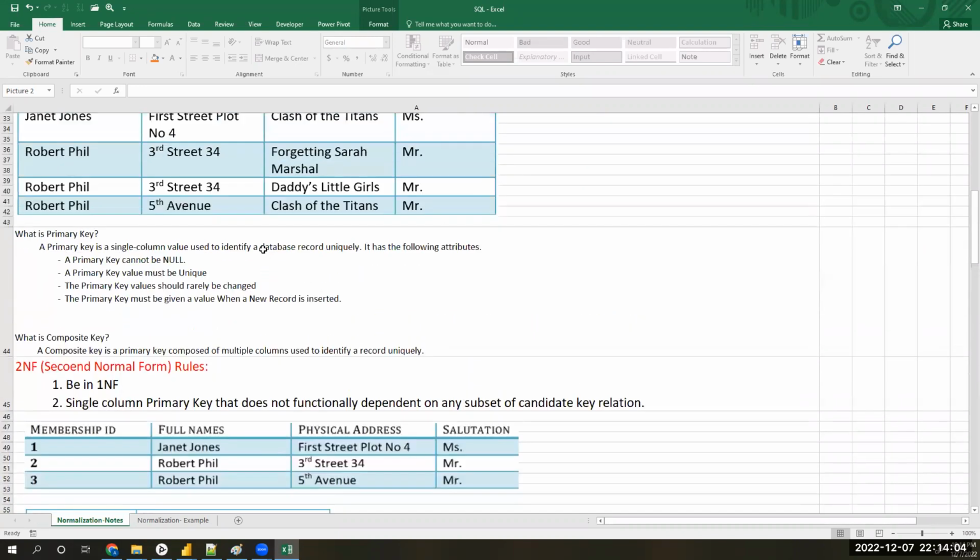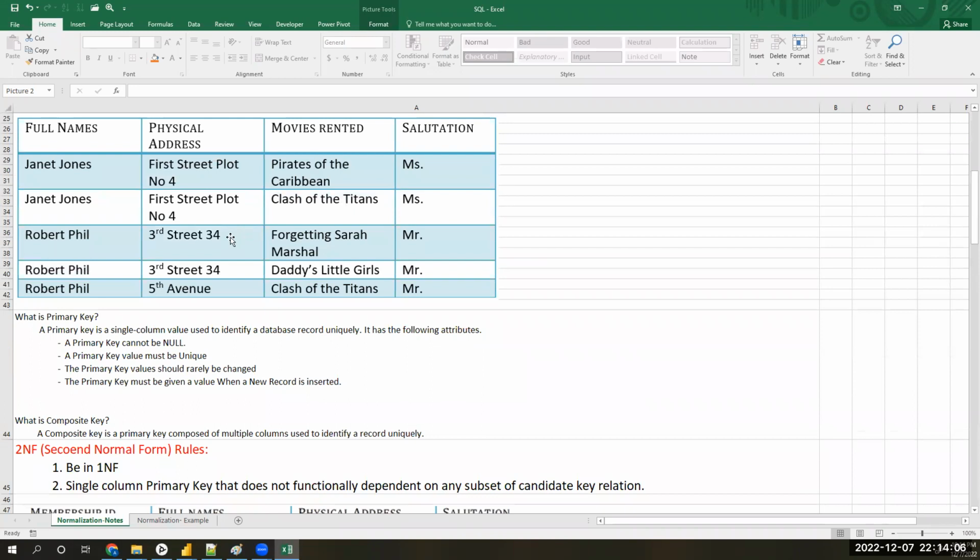Why? Because if you take 10 movies, this particular value needs to be repeated 10 times, and the salutation also. Why do we need to enter it 10 times? Why waste space and have a clumsy structure? So we can move that out and keep the salutation there.